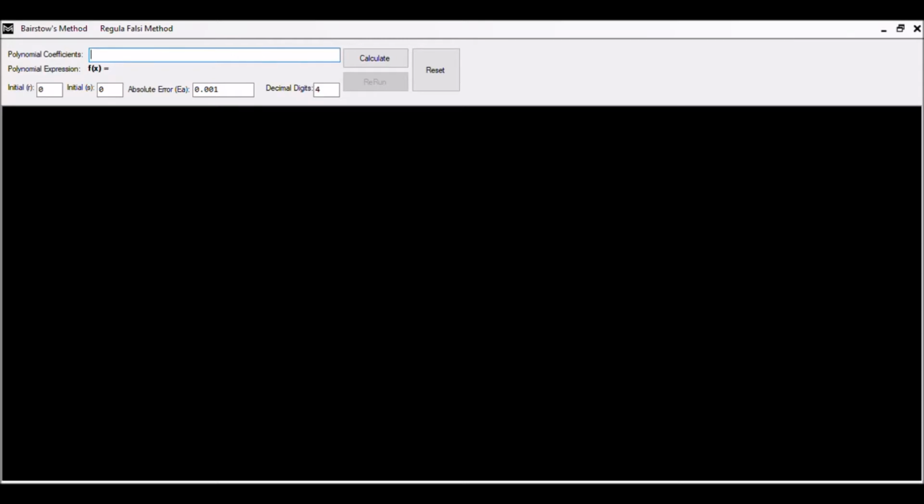Hello, this is a demonstration for the machine problem using the Bairstow method. As I said in my previous video, let's try to solve the problem in the actual Bairstow method application. Since we have the function f of x equal to x cubed minus 4x squared plus 3x minus 1,